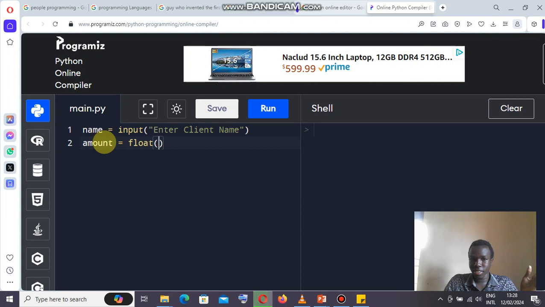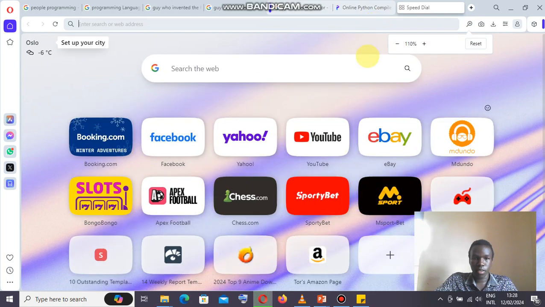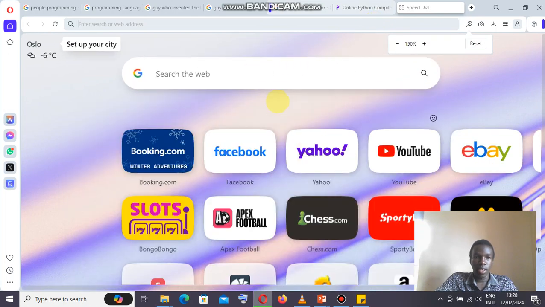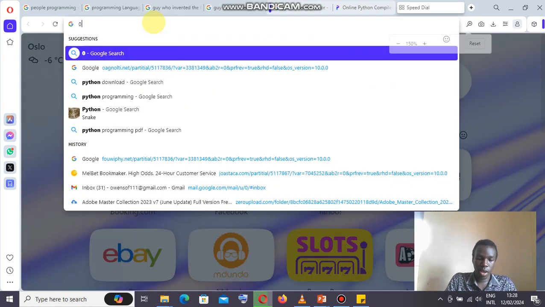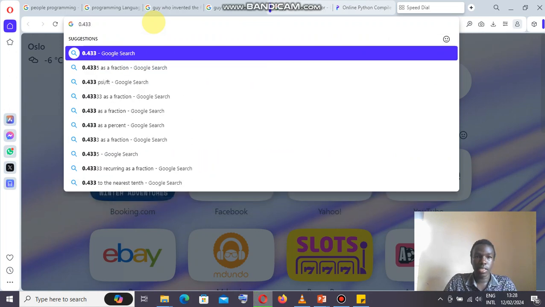You understand these terms later, but a float in programming is a number that has a point in it. That is a float.